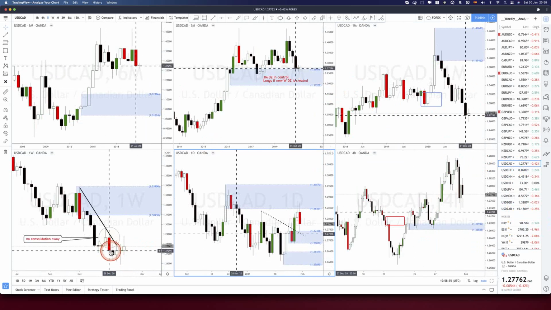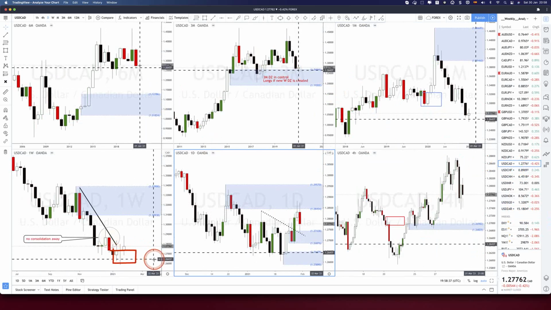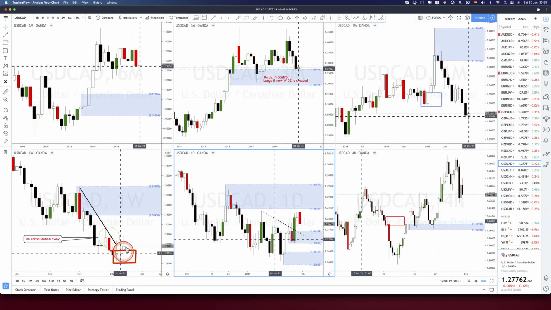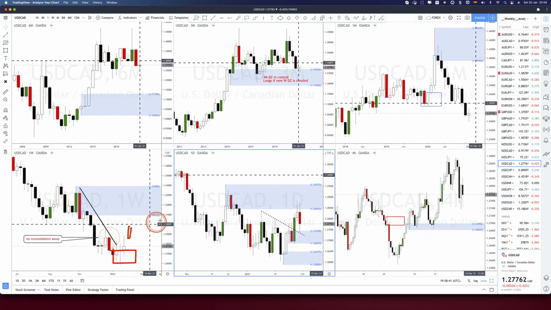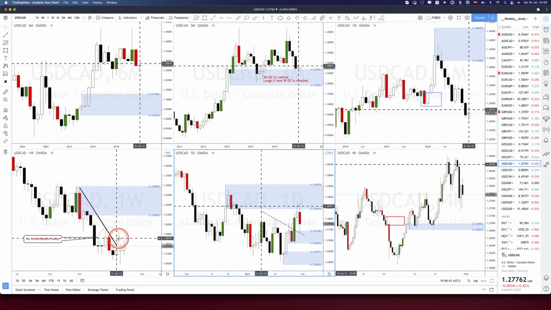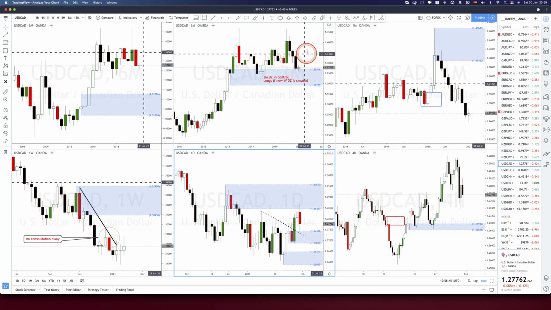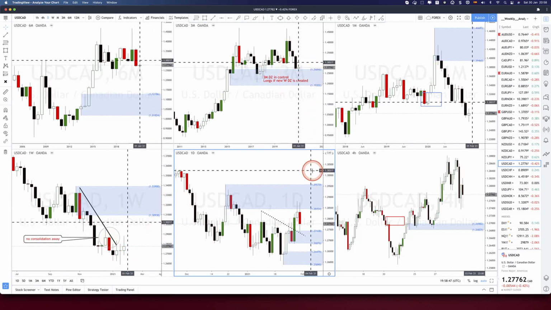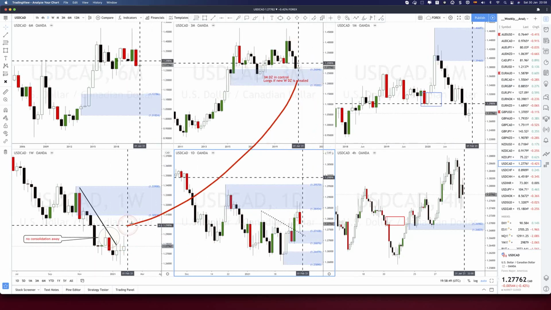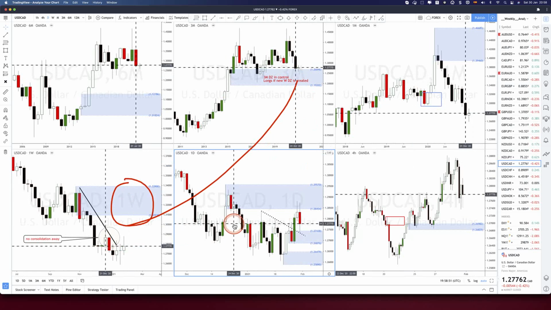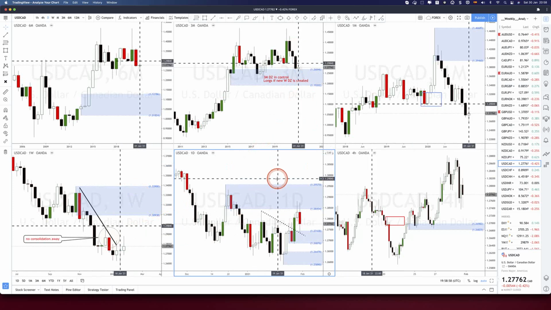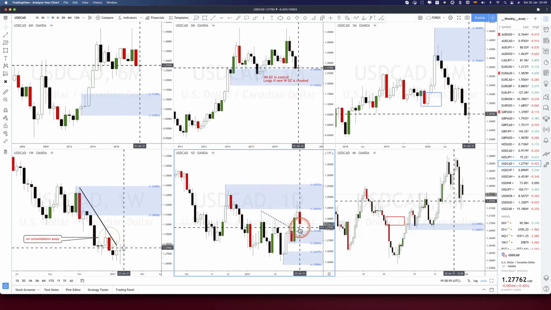Potential area of demand could be created on the weekly if the trend line is broken and all that, and we get a couple of ERCs consolidating away from the trend line, and we would have the support of the 3 months area of demand because the weekly time frame is the entry time frame for the 3 month sequence. So far, we've got the daily area alignment with the daily area of demand being in control.